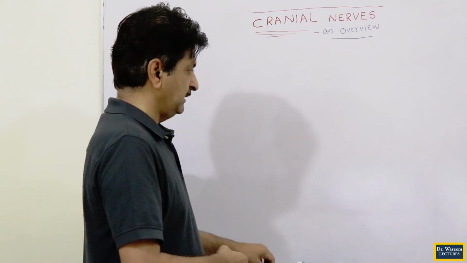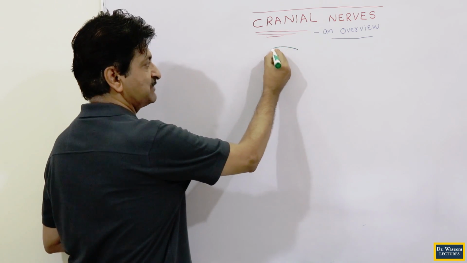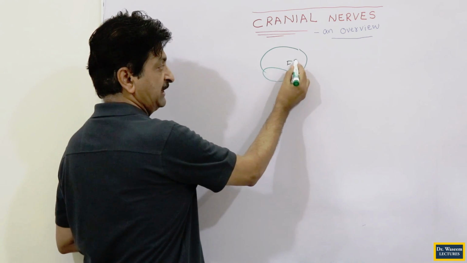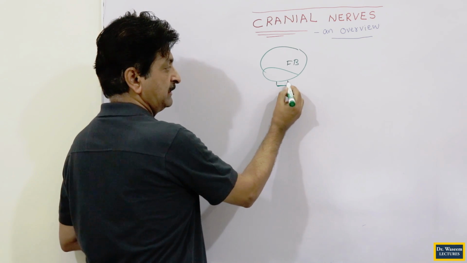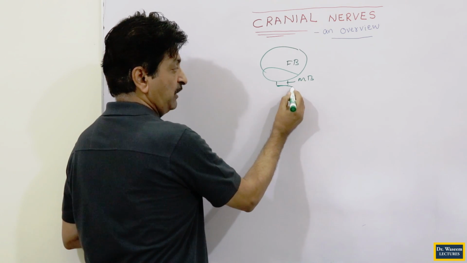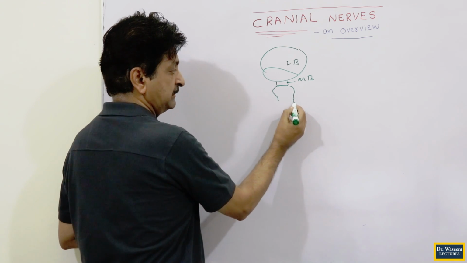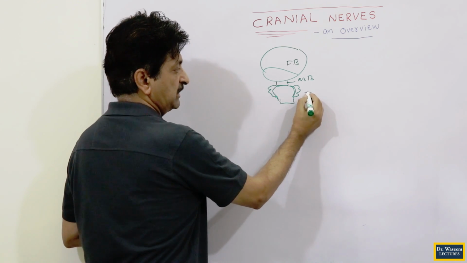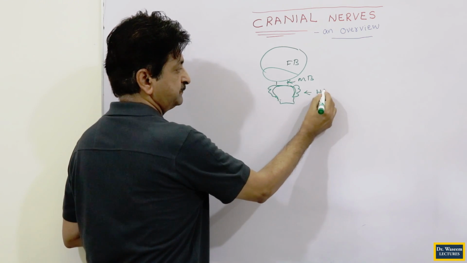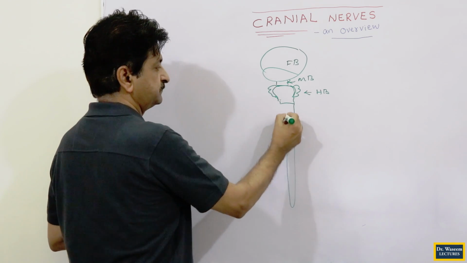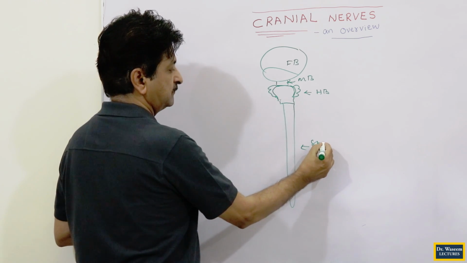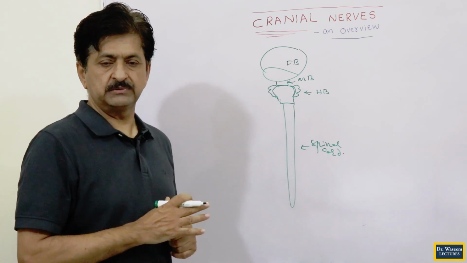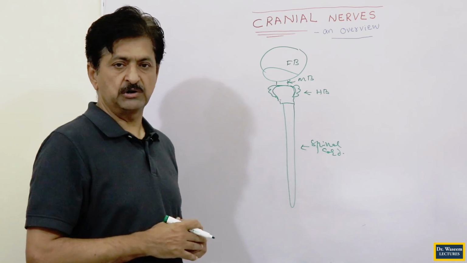You have seen previously also that the central nervous system consists of the brain, which has the forebrain here. We have the midbrain, and then we have the hindbrain, that is the pons and the medulla oblongata, and behind the pons, obviously, the cerebellum also. This is the hindbrain, and then is the spinal cord. This is a sketch of the central nervous system developing from the neural tube.